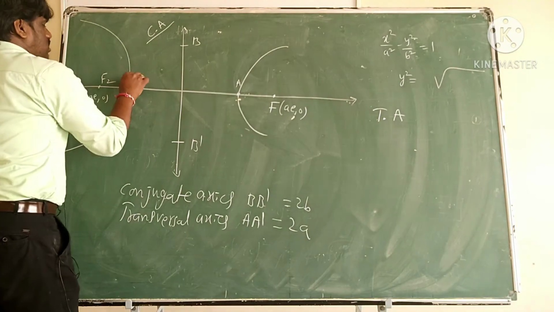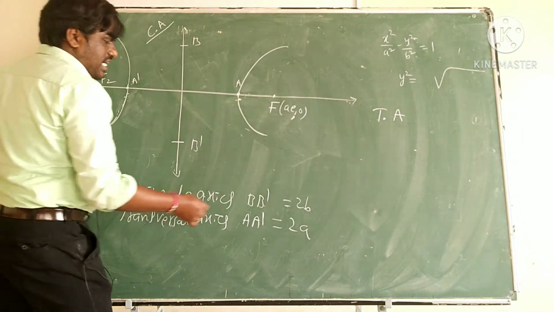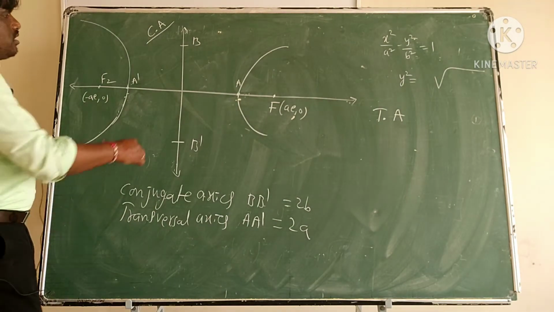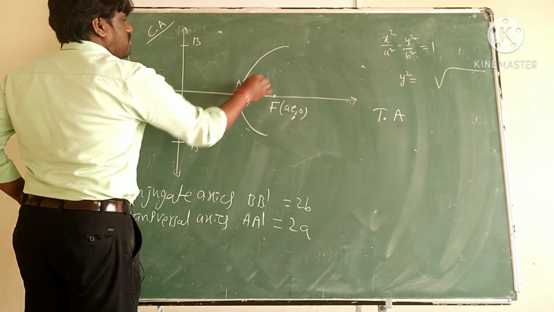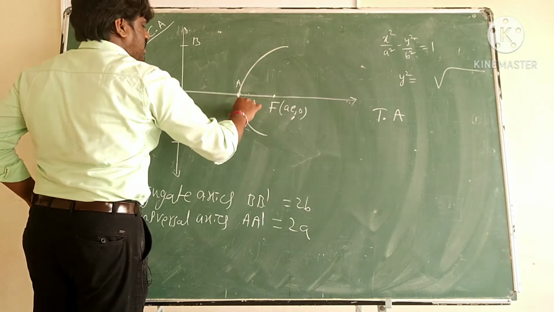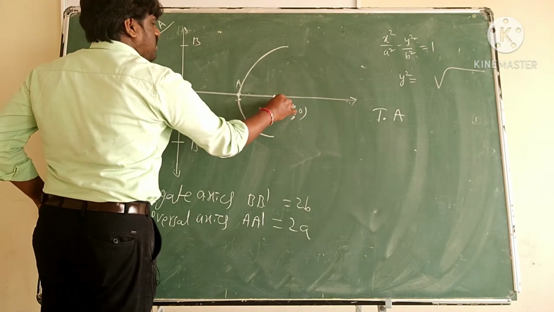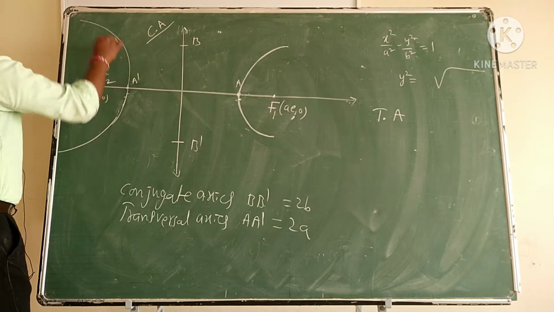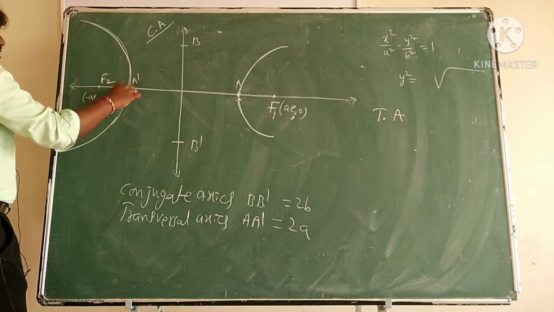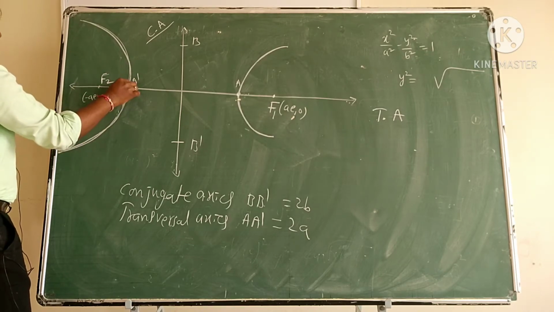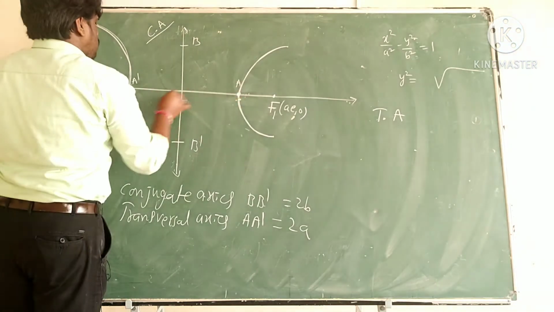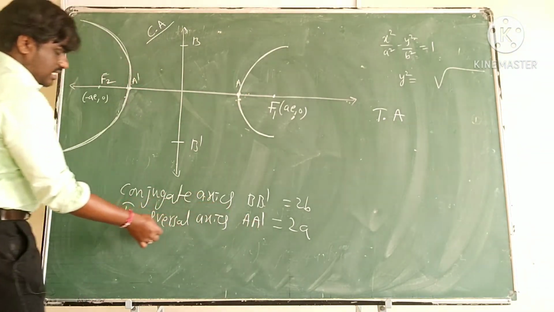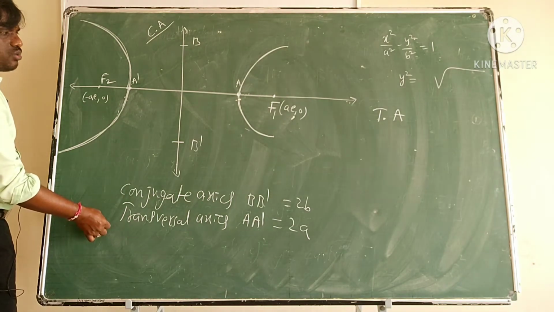A dash. Now see here. The length of the conjugate axis is 2b. The length of the transversal axis is 2a. So this is the axis. This is the vertex where the curve meets the axis, and inside are the fixed points, the foci F1 and F2. This is the vertex A, A dash. So the length from A to A dash is called the length of the transversal axis, that is 2a.